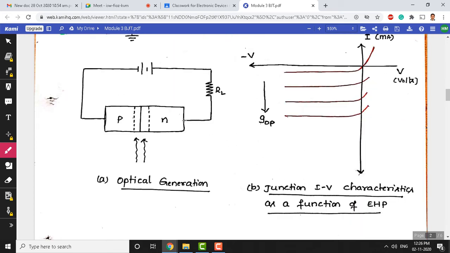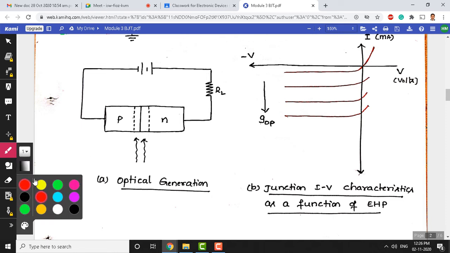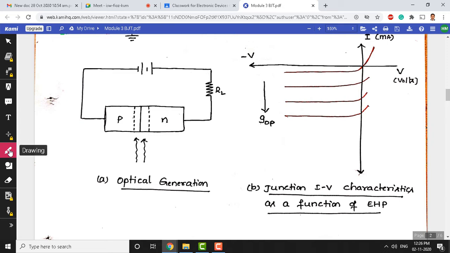Here you can see this is going to be the PN junction. In this diagram, which you have already seen many times in module 2, there is a reverse biased PN junction. We applied the P region with the negative terminal connected to the negative terminal of the battery, and the N region is connected to the positive terminal of the battery, through a resistor. This is a current limiting resistor. The amount of current that flows here matters a lot.